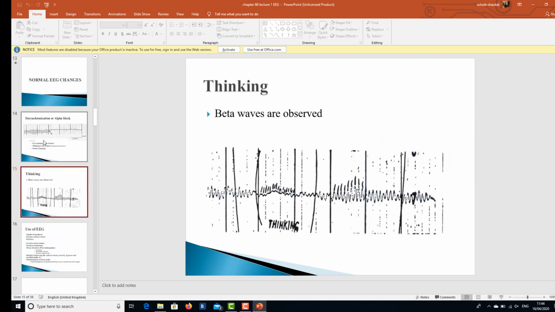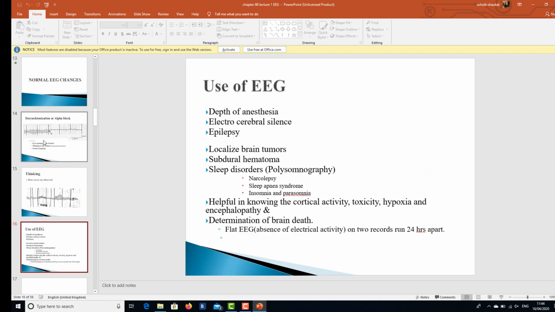Then thinking. During the course of thinking, the mental alertness that is there, the beta waves are being observed. Now, what is the actual use of EEG? It is actually used for learning the depth of anesthesia,